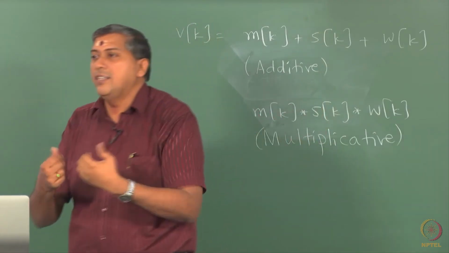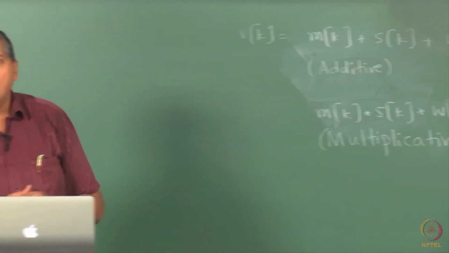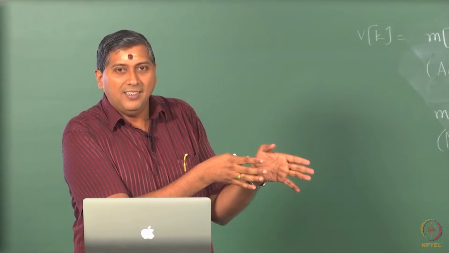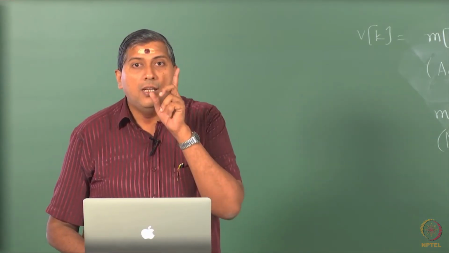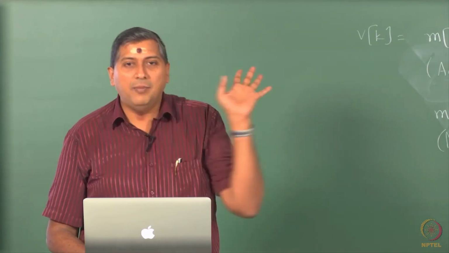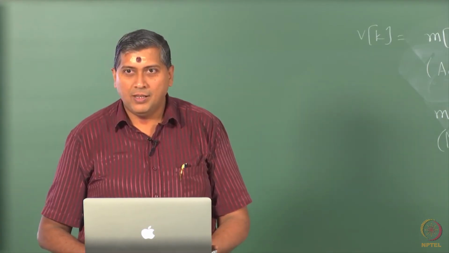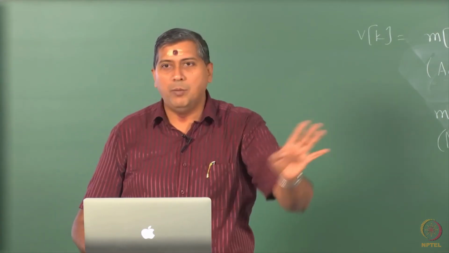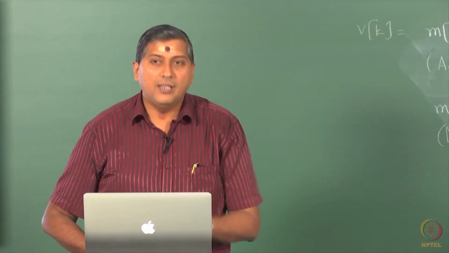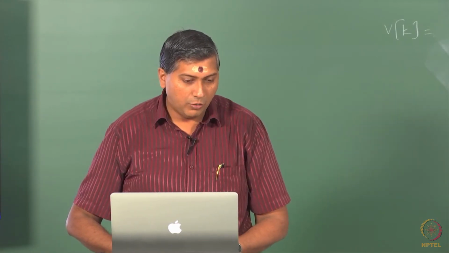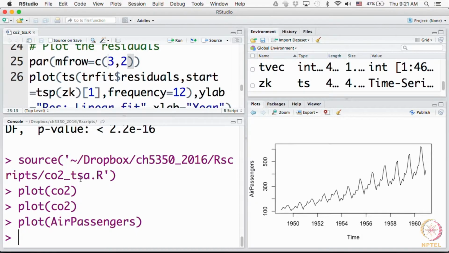Where do the changes go and sit in? Part goes and sits in the trend and part of it will go and sit in W. So, the W and M that you get can be quite different. The periodicity remains the same in both. So, let us see what happens if I fit an additive model and a multiplicative model to this series here, and then we will move on to integrating effects.